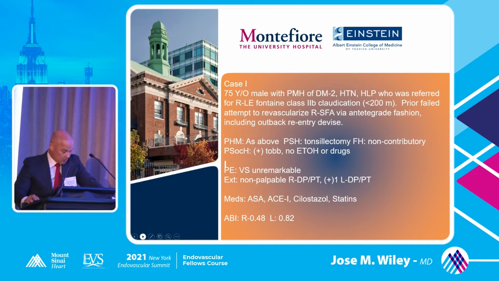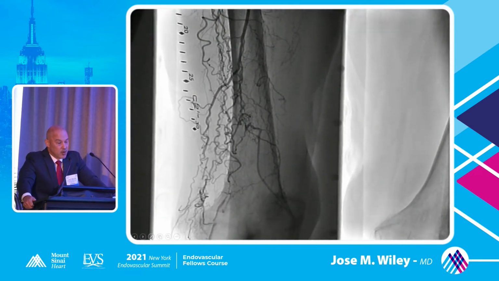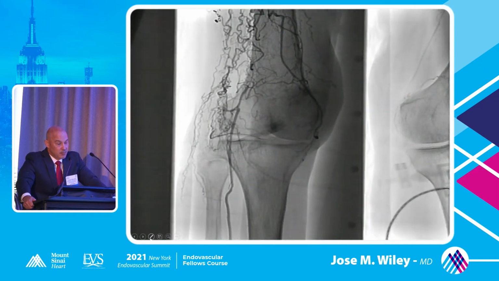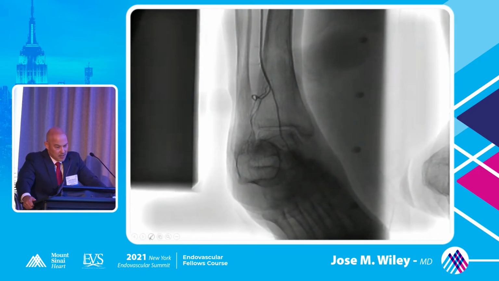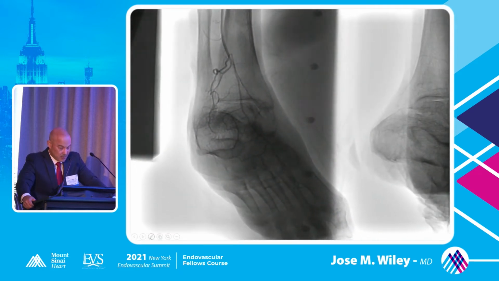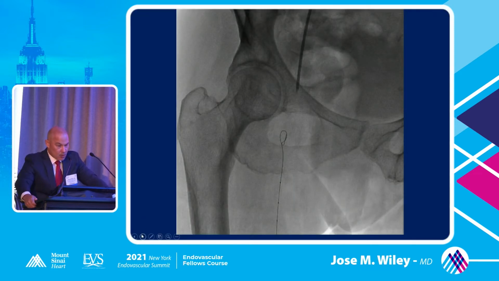And this is the first shot. You see an occluded right superficial femoral artery, reconstituting via profunda collaterals into the popliteal artery, and single vessel runoff via the anterior tibialis into the dorsalis pedis. We first attempted, once again, antegrade crossing or revascularization. We failed once again. This time we turned to pedal access and obtained ultrasound-guided dorsalis pedis access,